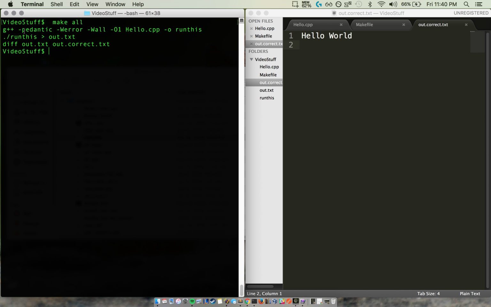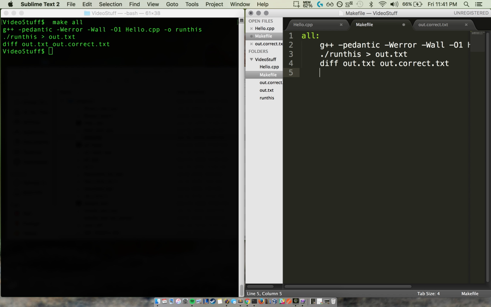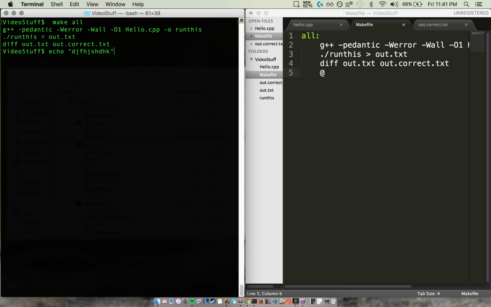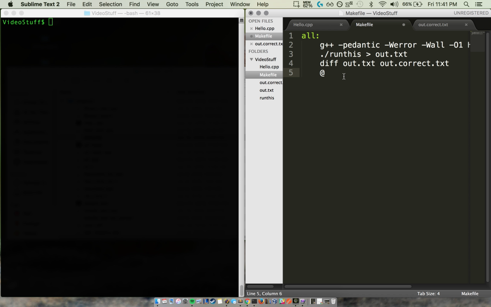Same thing. So there you go. So there, the diff ran fine. So what we might want to do is say that we did it, and there's an echo command, so like echo whatever, and it will just say stuff out to the screen. So a nice thing is we can do in these makefiles an echo, and then